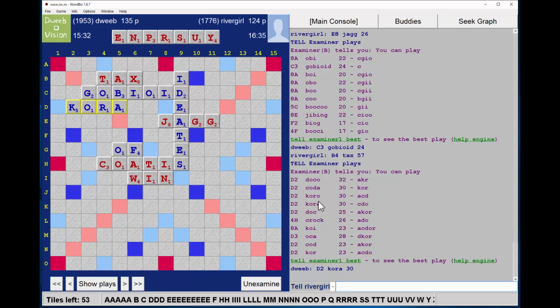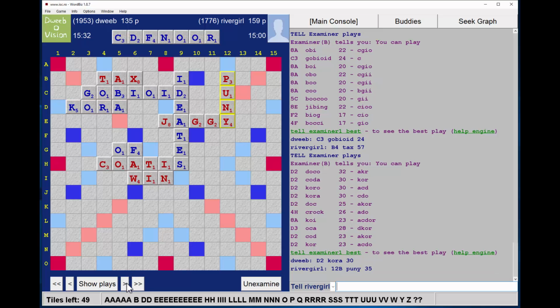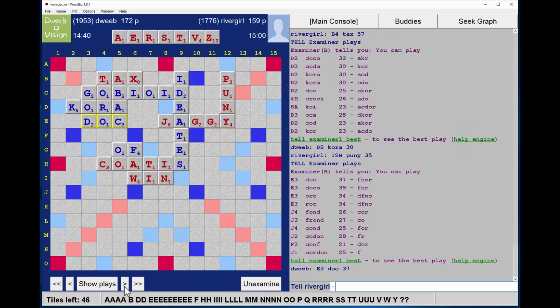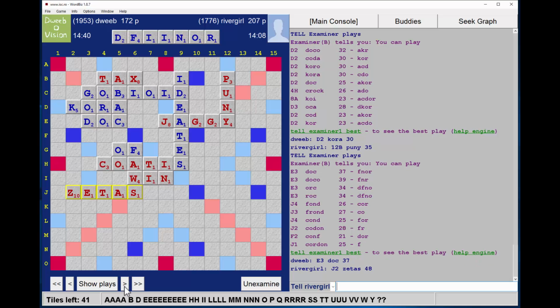No, I play Cora for 30, and I could have played Coro, which I think would have been a better play. The A is a more bingo-y tile. My opponent plays Puny. This is my rack, and this is when I do play Doc for 37. That looks fine. My opponent plays Zetas